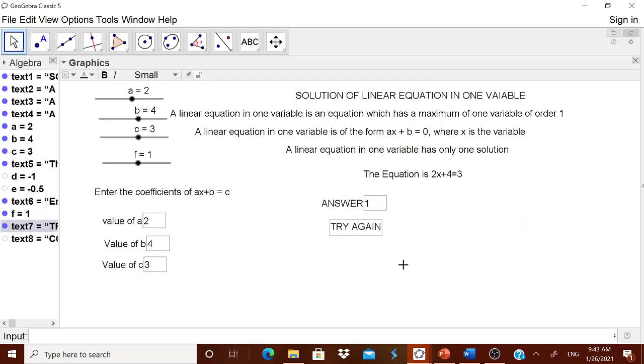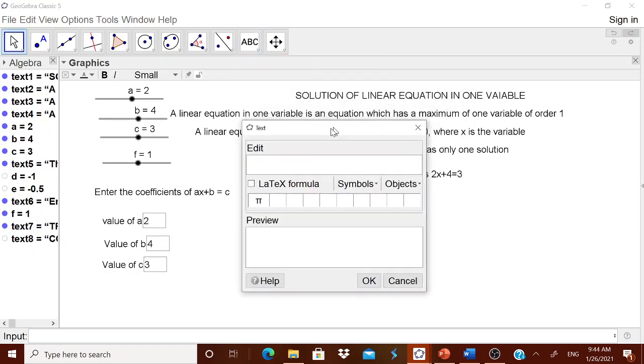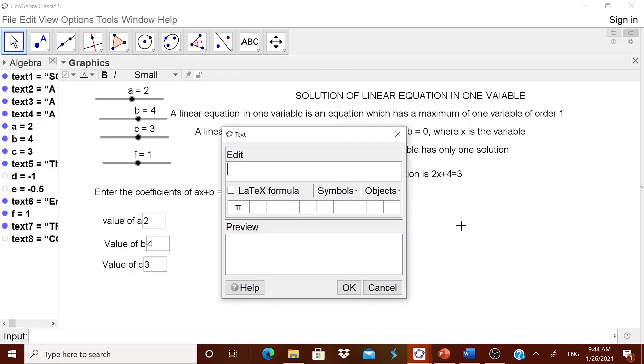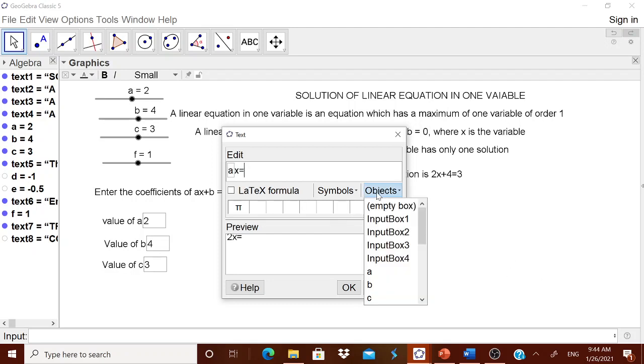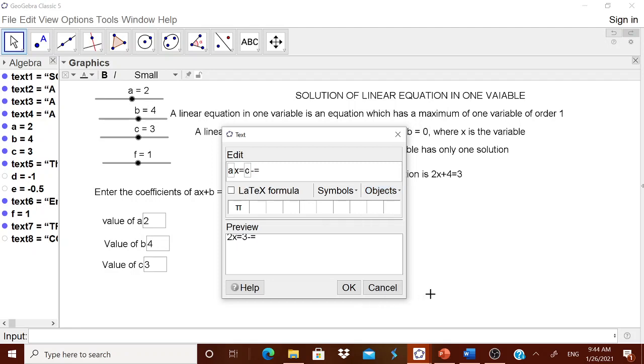Okay. Now what we can do is go for the steps of construction. From AX is equal to B, the right hand side is C, therefore C minus B. Sorry, C minus, you have to go for B. Is it okay?